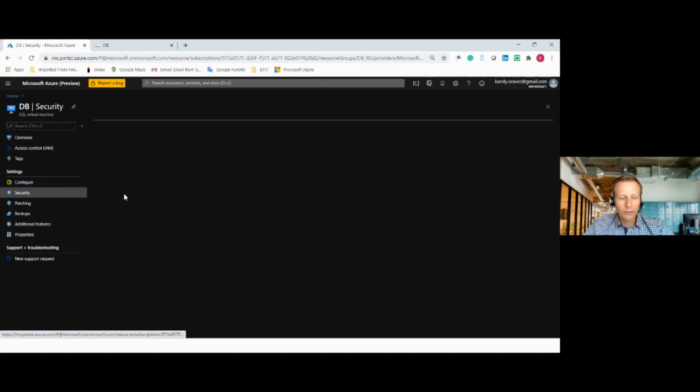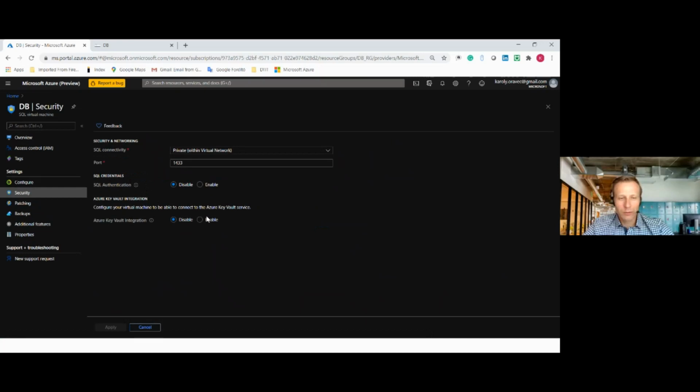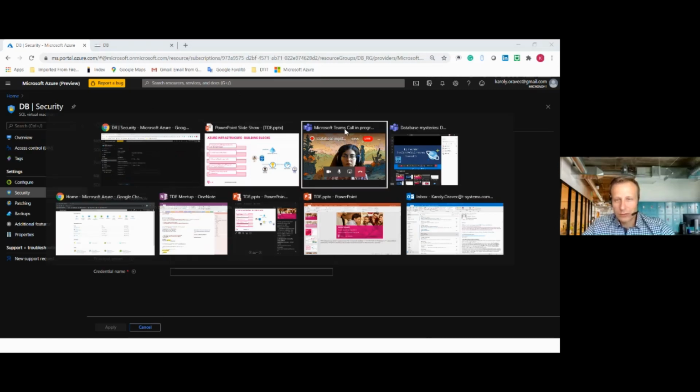Okay. Now, which is the most important part for us, I would like to enable the Key Vault integration. This is the very first step in order to get the TDE to work, right? So I will go here, and what I need for this, give me a sec. Maybe I can do this in this way. I will go to my